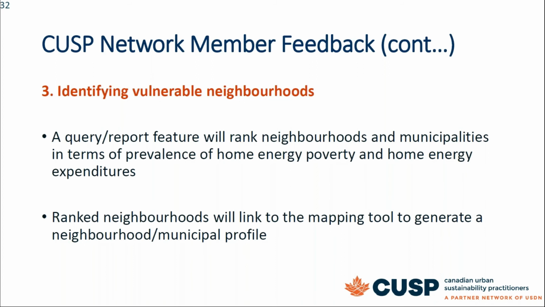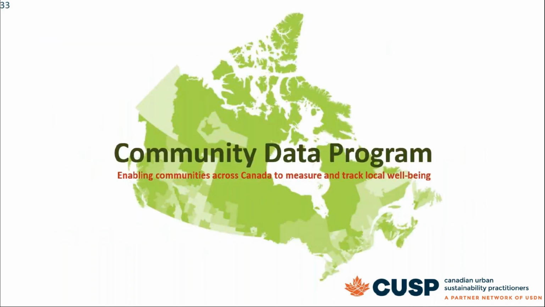So that's something that would make it a lot easier to make sense of what will be a sea of color, so red, green, and yellow, to actually zoom in and understand through this query or report feature what constitutes a vulnerable neighborhood. I guess there were other questions that came up in the feedback, but those were, I guess, three themes